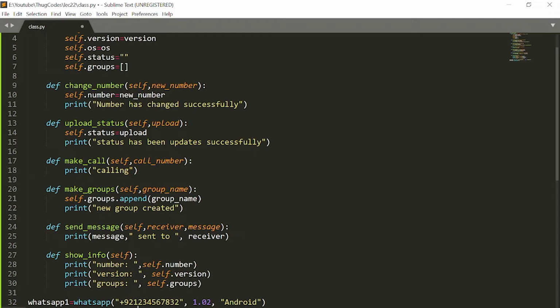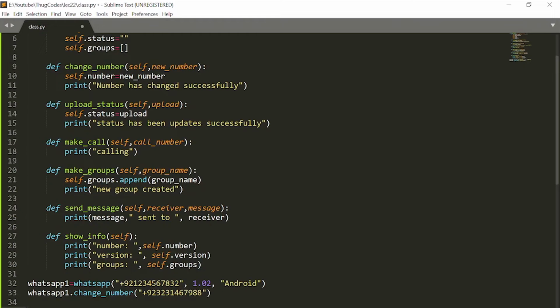I again don't need to add the self here. So my new number is, let's say, this is my new number, and now I would like to call the function make groups, and I have to name the group, and let's say the family, and I want to make another group dot make groups, friends,